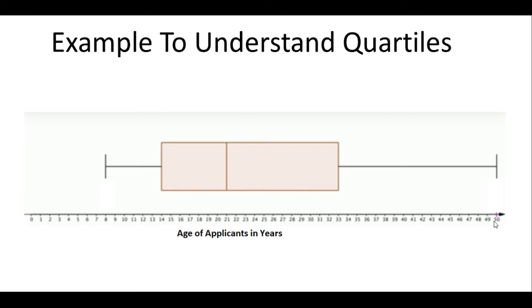So based on their skills or qualities, we selected n number of people from a group of people, and those n people have a minimum age of 8 and a maximum age of 50. So